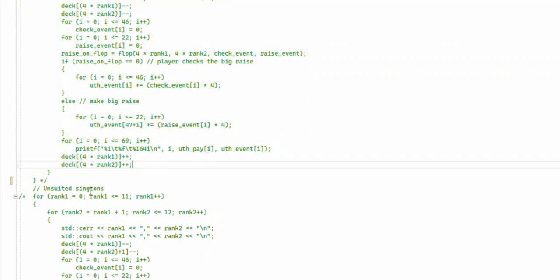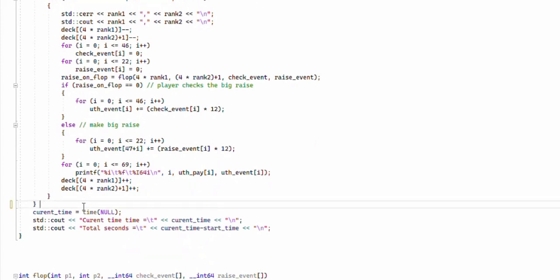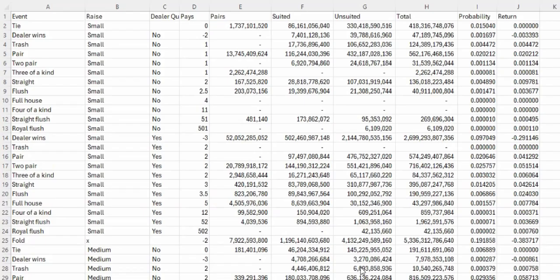And uncomment the unsuited code. And I'll get back to you when it's done. I am back, and the third part of the program finished running, and what you see before you is Excel,